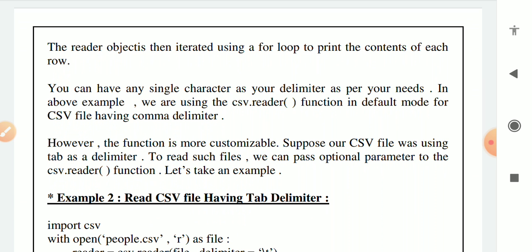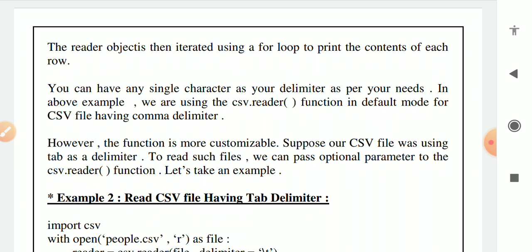The reader object is then iterated using a for loop to print the content of each row. In a CSV file, one complete row at a time is inserted in the form of a list.